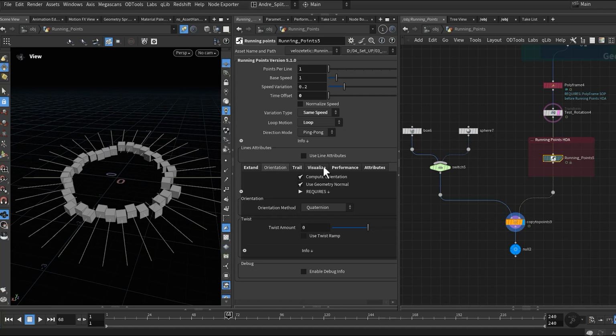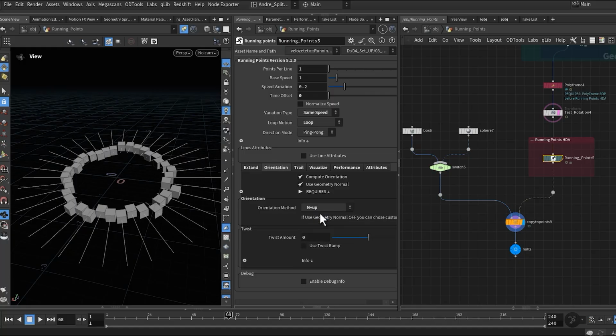For example, orientation. This can be handy for curved lines on the same plane.